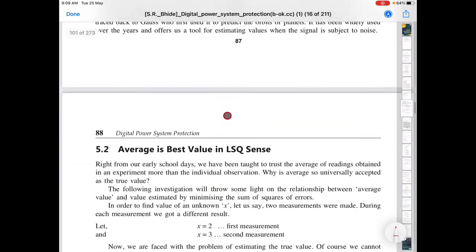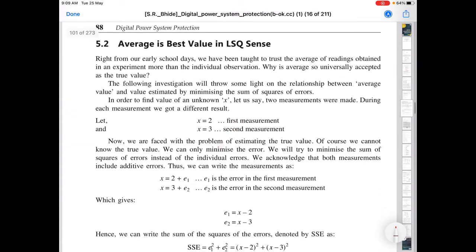For example, let us take an example and then we will understand what it is. You are doing some measurement in an experiment. You got x value as 2 and you got x value as 3. You have taken two measurements: the first time you got 2, the second time you got 3. Now you realize that there is an error because 2 is not true and 3 is also not true. Either could be correct, but what you do is take the average of that, so that it might be somewhere near 2.5.